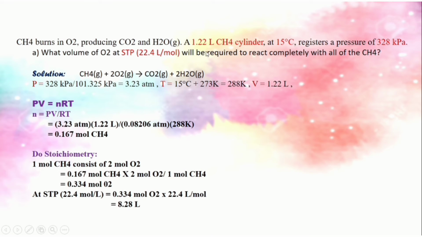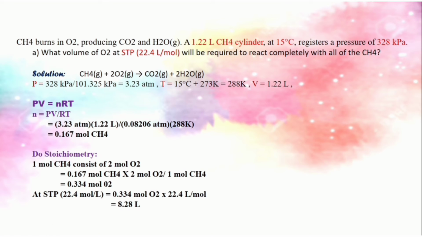The volume is just 1.22 liter. So we use PV equals nRT because all of the information is given. We just put in the formula. In this formula, we want to find the number of mole. So n equals PV over RT. We just put in 3.23 atm multiplied by 1.22 liter divided by 0.08206 atm multiplied by 288 Kelvin. So we got